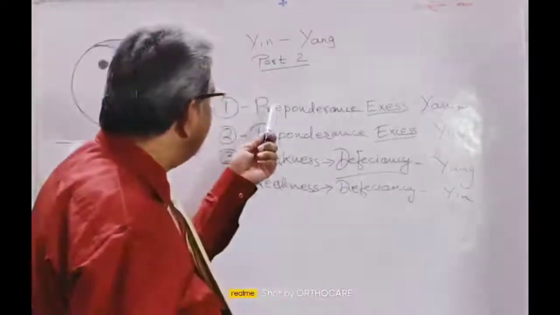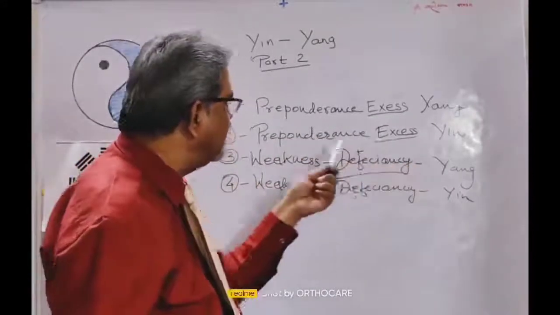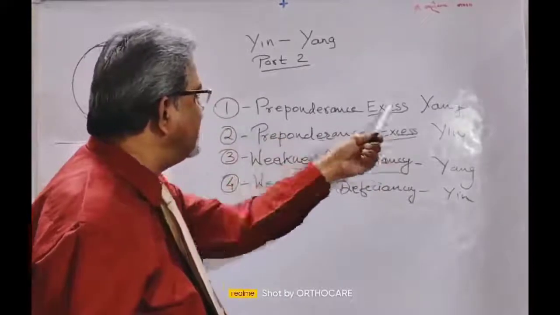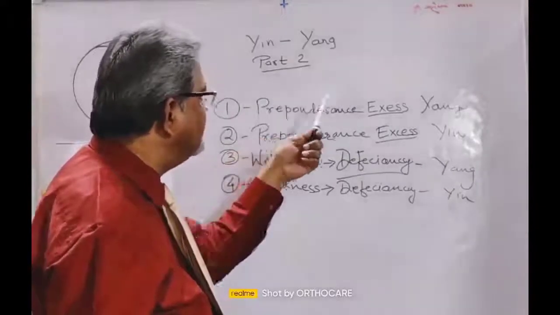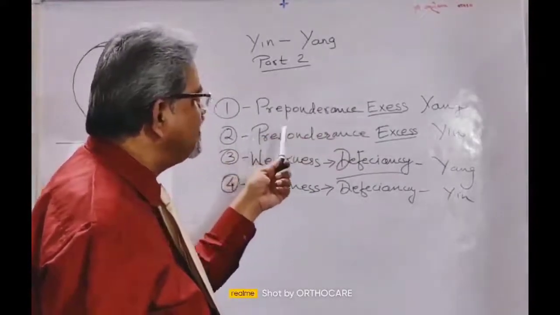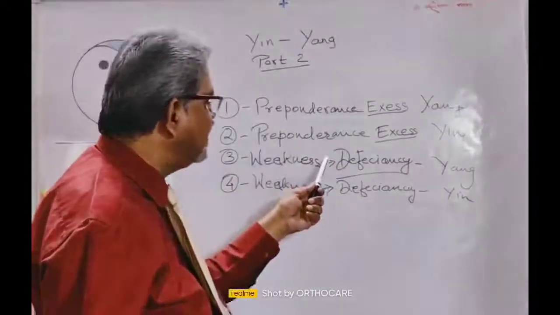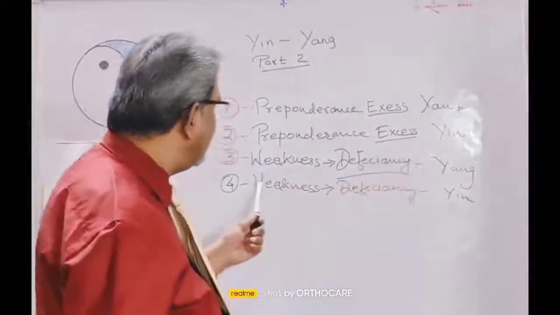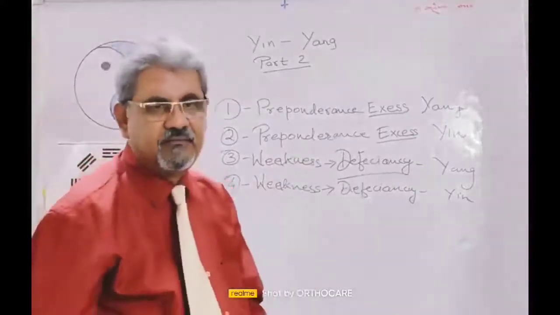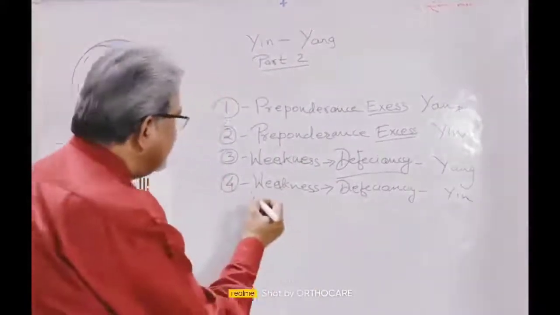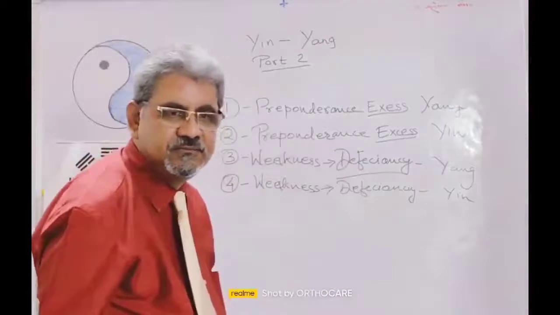Why did I write preponderance, excess of yang, and second, excess of yin? I could have written excess of yang and excess of yin, and then weakness or deficiency of yang. And in another way, the third I would have taken as weakness or deficiency of yang or the preponderance of yang. But why I have written it this way is to make you understand that if there is excess of yang,